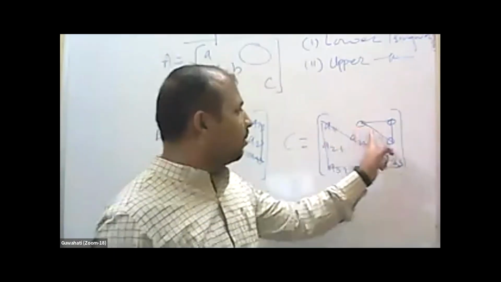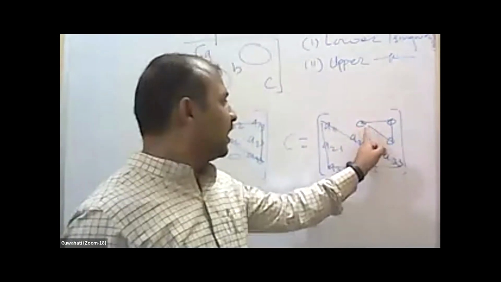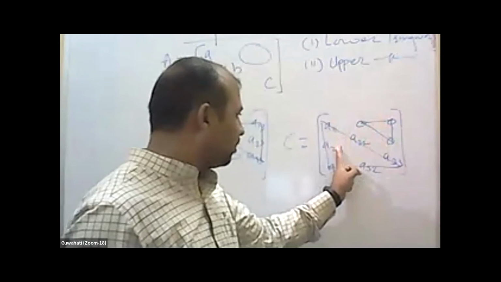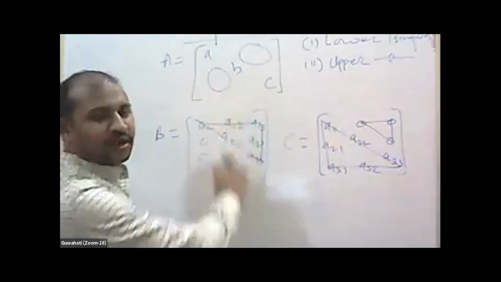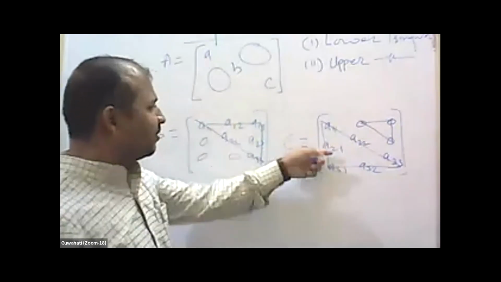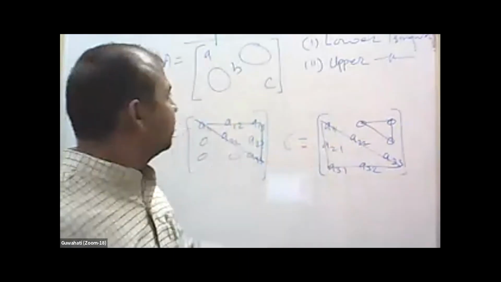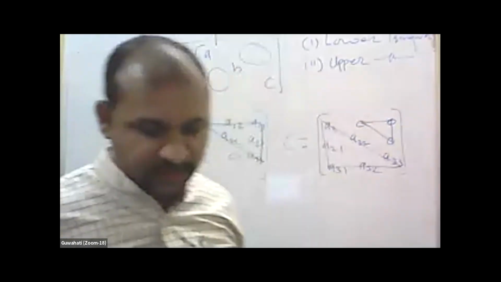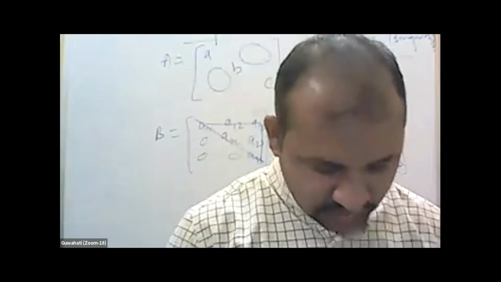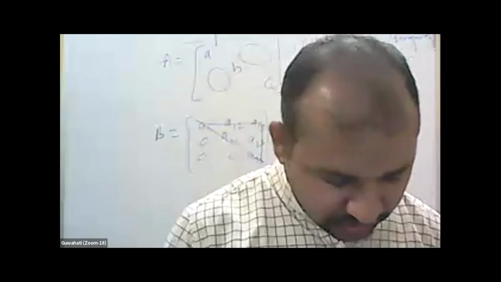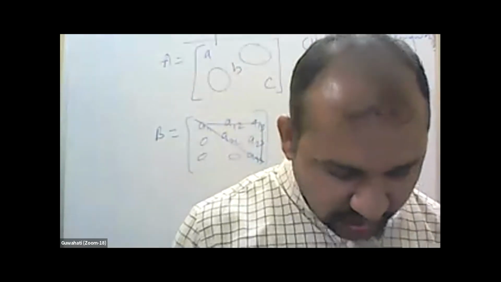So if above the diagonal is 0 and below are non-zero, then it is called lower triangular. This is called upper triangular. Either one of these is called a triangular matrix. So these are the different types of matrices. Let me check what we have to see. Yeah, now next